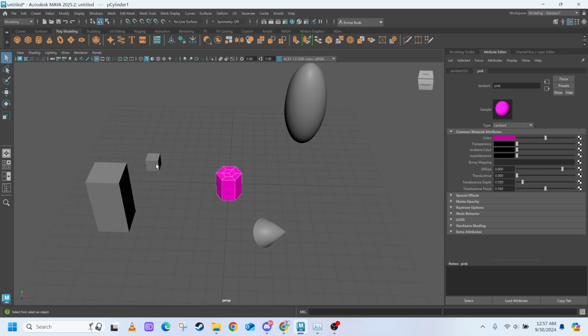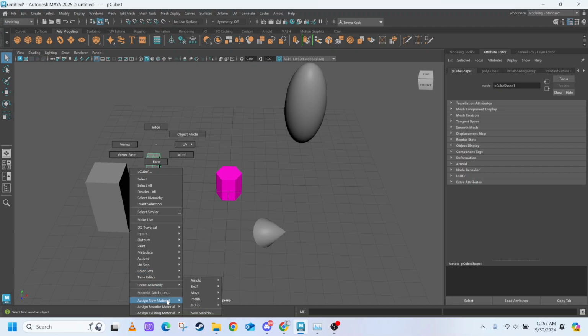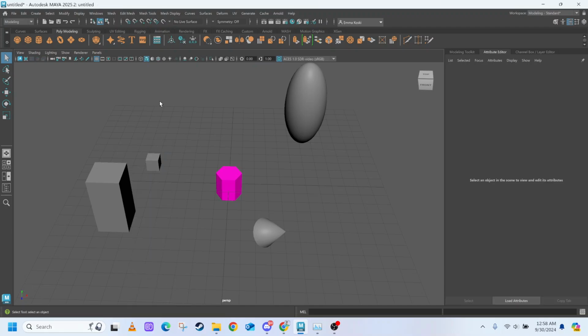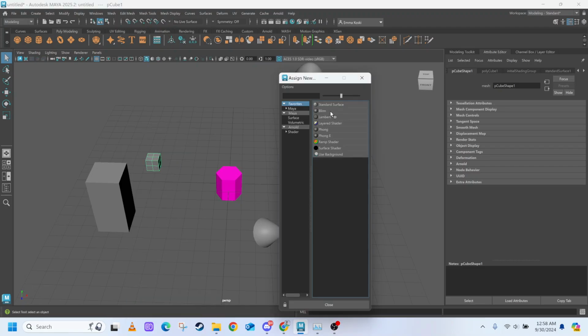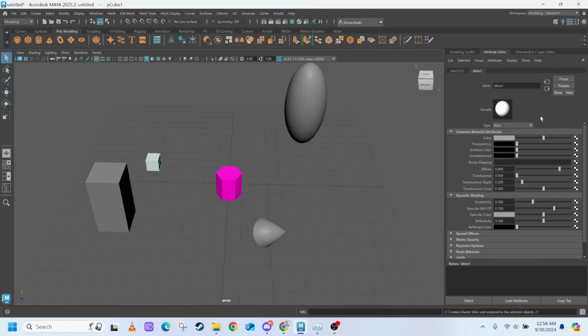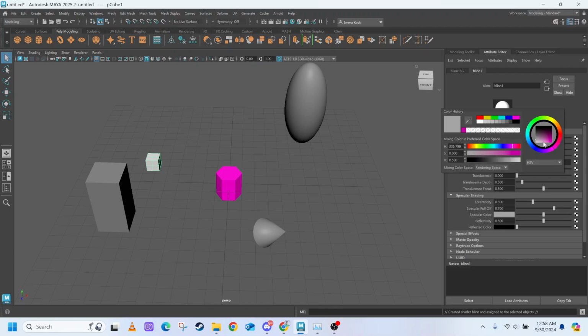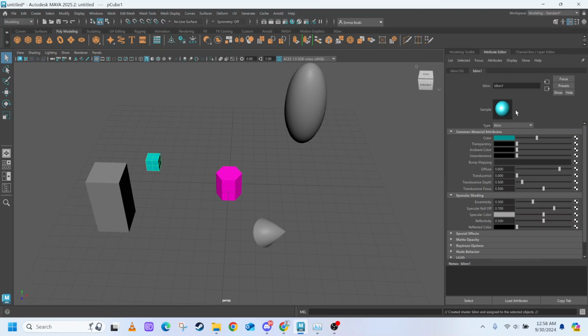Okay, that looks good. So now I'm going to go ahead and assign a new material again. I'm going to assign a new material to every single one of these objects. And I just want you guys to play around with what the different materials look like. So here's a Blinn. I'm going to choose like a light blue for this one. Blinns are a little bit shinier. You can see in the sample right here what that kind of looks like. But yeah, that looks good. And I'm going to call this one